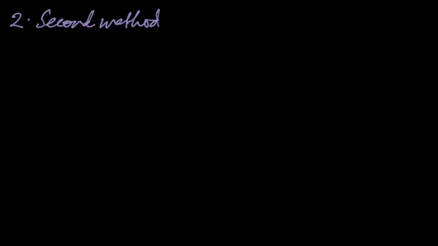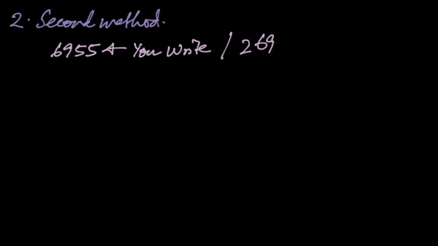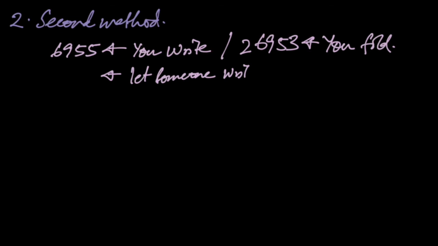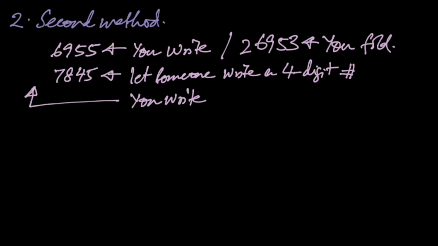Now let's do a second technique of doing the same thing. So suppose this time we thought about a number 6955 and we put 26953 on a piece of paper and folded it. Then we ask someone to write a 4-digit number. Suppose the person writes 7845. Then we write its 9's complement on its left hand side,